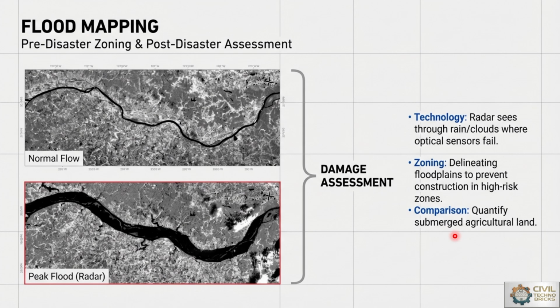Why are we focusing on this? Because we are using high technology, that is radar, that sees through the rain or clouds, where rain and clouds are not an obstacle, where optical sensors fail, so radar will be more effective to identify the actual damage on the earth surface with reference to the heavy flood. Then we have to mark the zoning on the basis of delineating floodplains to prevent construction in high risk zones. Why are we comparing pre and post? Because we have to quantify the submerged agricultural land, so that